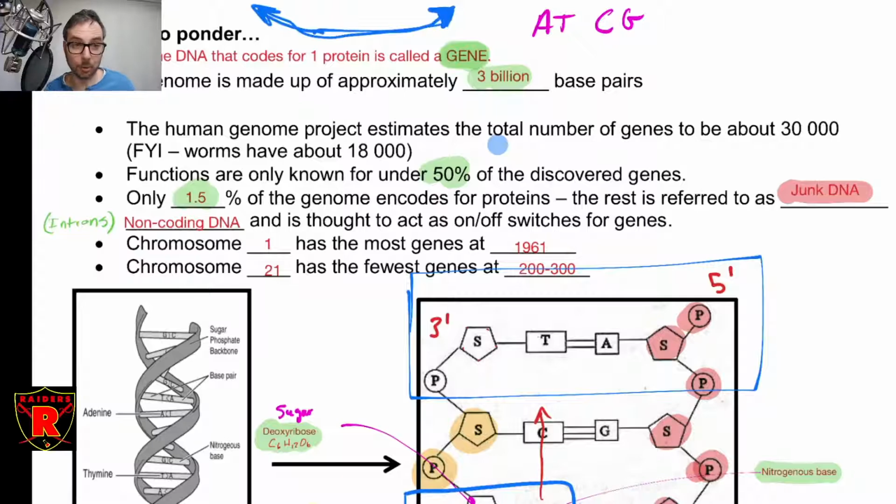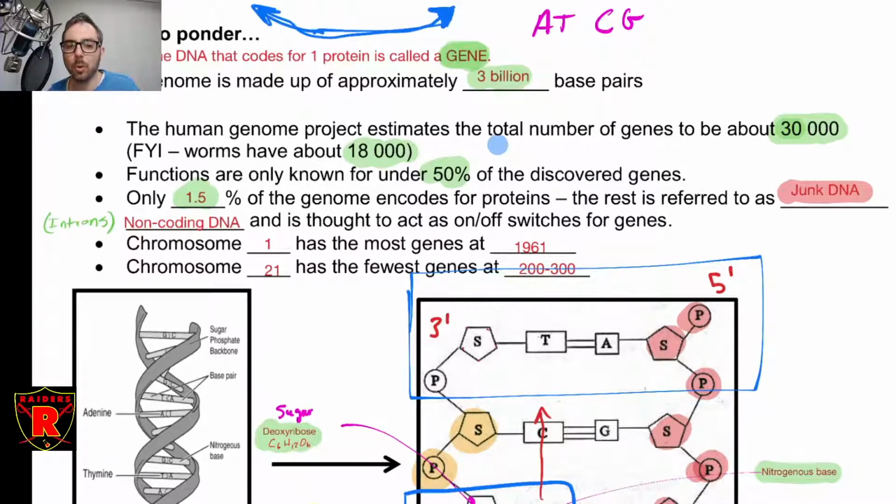So then a great question would be, how many genes do we have? How many sections that make proteins? About 30,000. So humans have about 30,000. This is obviously different per species. If you look at a groundworm, a regular earthworm, a North American earthworm, which is an annelid, they have about 18,000. So that's a typical number for a complex eukaryotic organism.